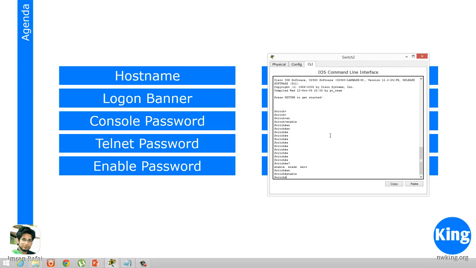Now hostname is a change that is applicable to the whole device, so it has to be made from the global configuration mode. So we go into configuration mode by typing configure terminal. You could, like I said, make use of the shortcut conf t, which is configure terminal. So I would go here. If I want to change the hostname, I type hostname, and then let's say I put Networking. So if you can see, my hostname got changed to